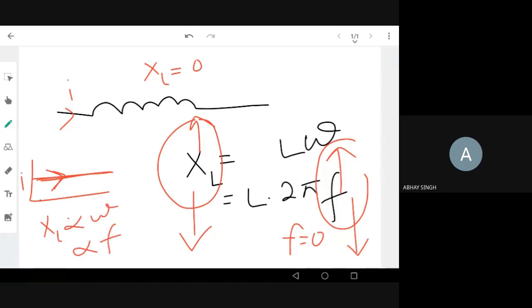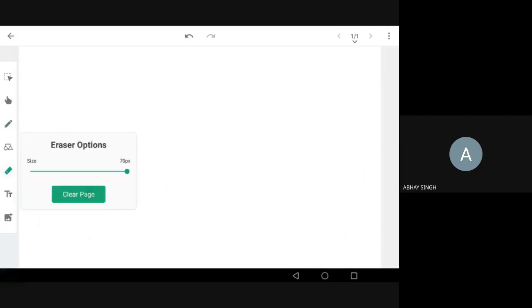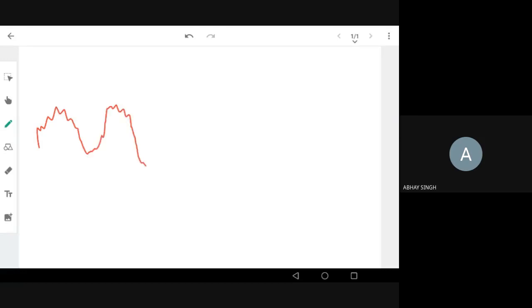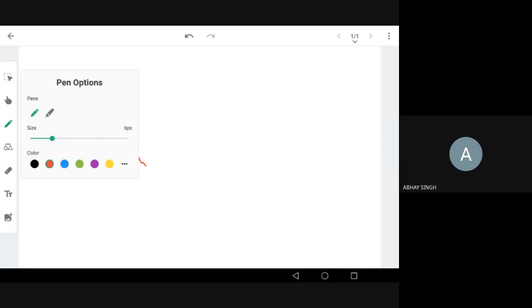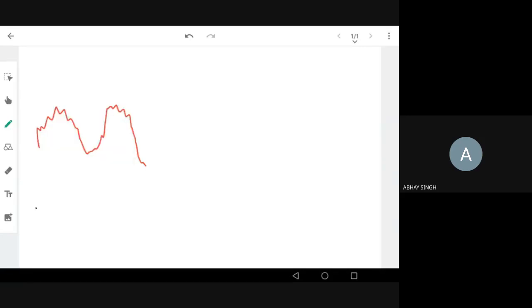You already studied all these things, but you should think about them in a different, quicker way, so that we can appreciate what kind of capacitor or inductor is used in a filter. If you have some signal like this, with a lot of noise happening, and I pass it through a capacitor, what happens? I should pass only the low frequency part. So what should I do? I need to have the low frequency part, so I'll do something like this.